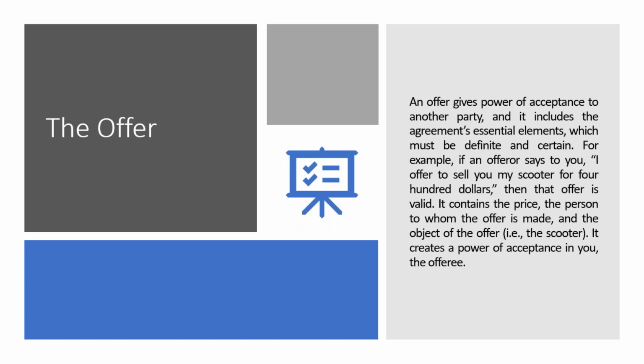Usually, it is the definite terms that make it an offer. For example, if someone says to you, "I'll sell my scooter for $400," that has a level of definiteness to it. It has what's being sold and for what cost it's being sold. Usually, that's what is accepted in the parameters of a standard offering. Then that offer is valid, right?